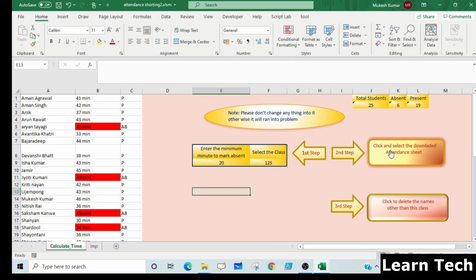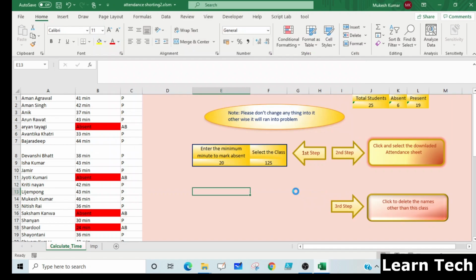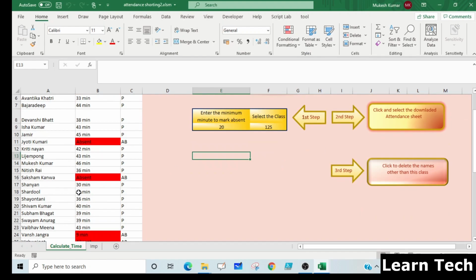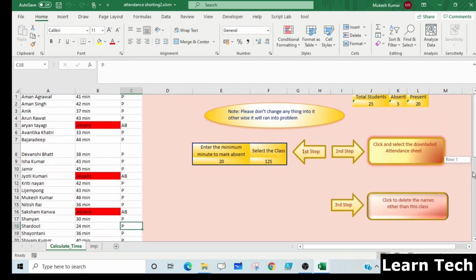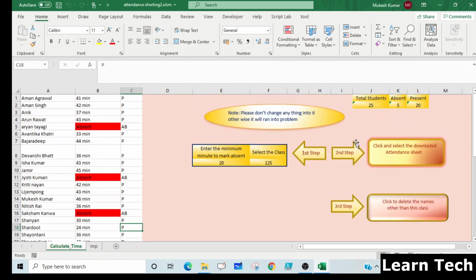So again, click here, select the attendance sheet, and when you see the timing again, just see here, this student is now marked present. In this way we can sort out for how long each and every student or participant was in the meeting or in the class.